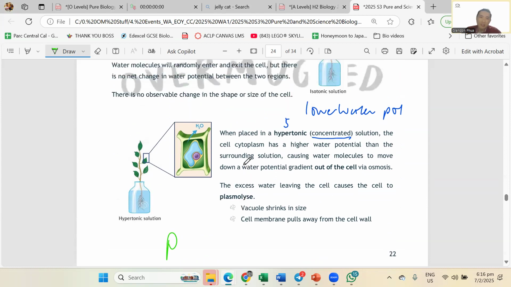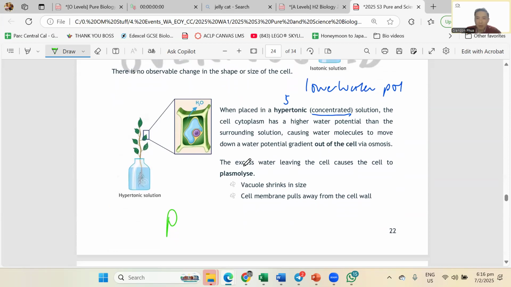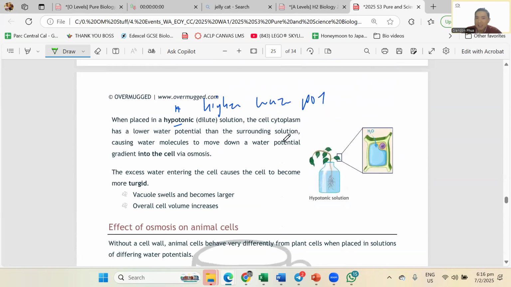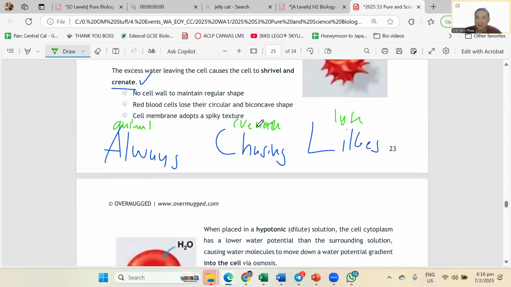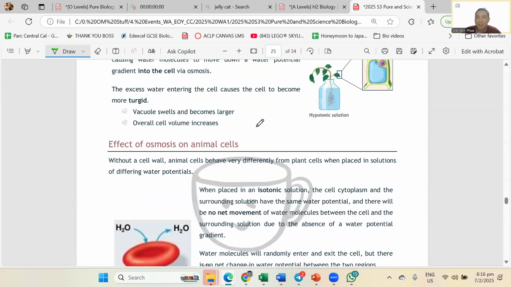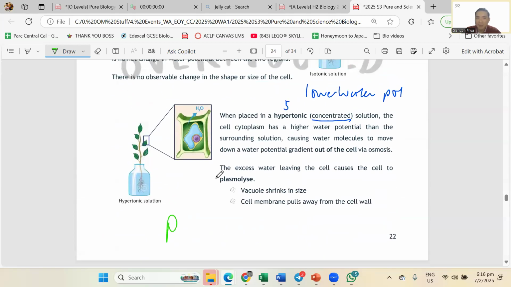Okay, so plants will be plasmolyzed when water leaves the cell, so it shrinks. Just remember, the animal cell one is crenate, okay? Animal is crenate, it shrinks. The plant one is going to be plasmolyzed. So that's how you remember this. One acronym to help you remember: I use crenate for animal, the other one, plasmolyzed, I leave for plants.